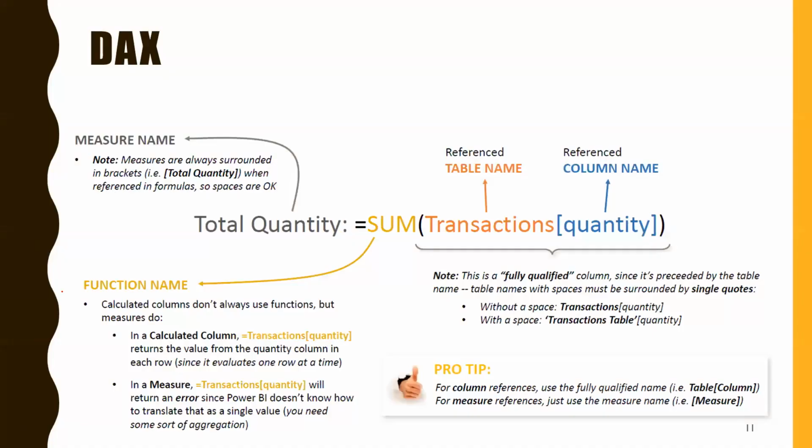So now how do you write DAX? Let's say in Excel you have one SUM function, the same SUM function you will have in Power BI also. Instead of giving a cell reference, you have to give a column reference. In Excel we would have given A1 to C10 like that. Now I'll give the table name and column name, like Transaction and the column name. So instead of row-column referencing, I have to give table-column name referencing. If I do that, then my formula will work as such in Excel.